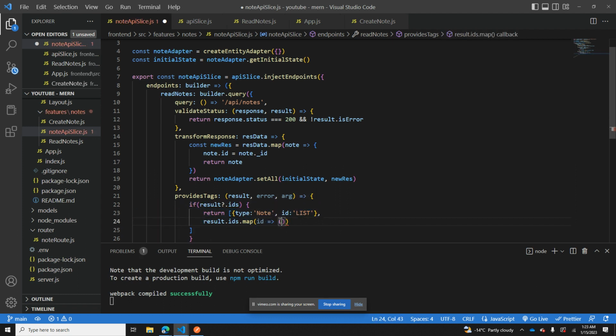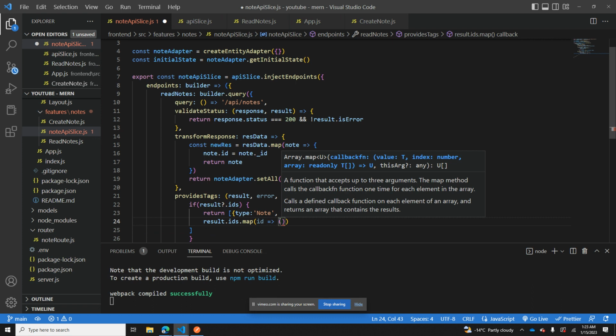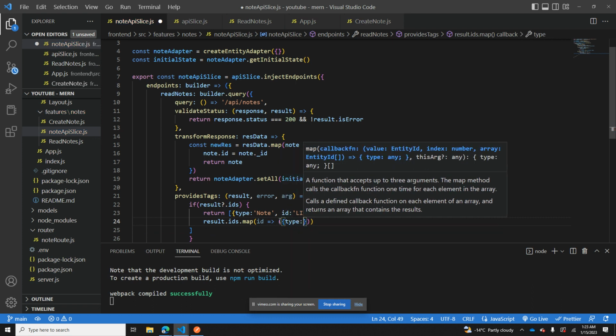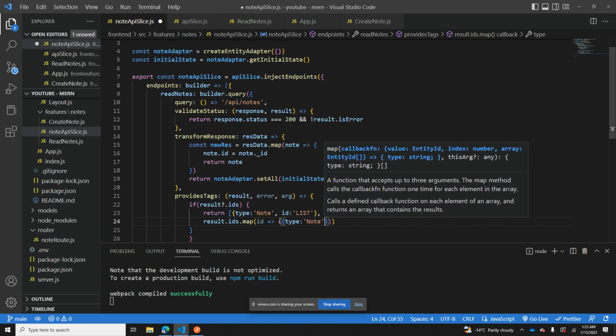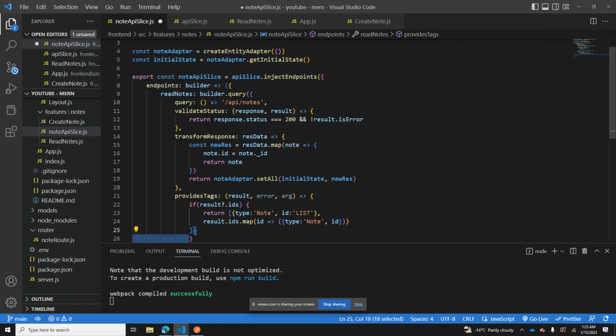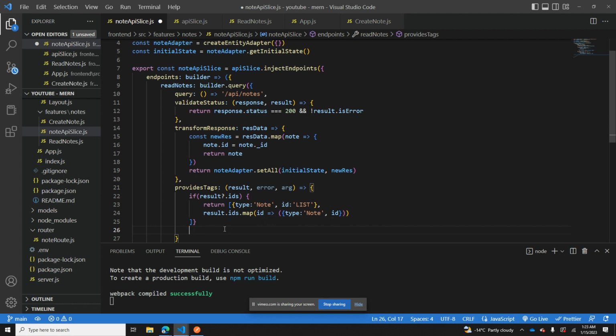It's going to be like this, and inside is an object, and we are going to do type. It's going to be node, and ID will be ID. So we're just going to leave it like this. Let's put this on top just like this, and else,